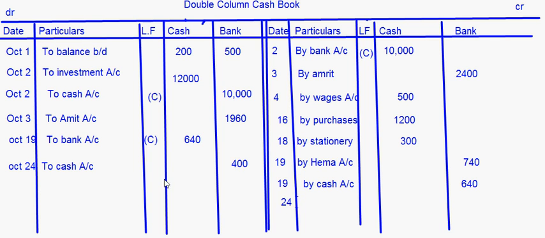And on 24th, this again is a contra entry, so I'll put contra here. On 24th you will write by bank account, this cash is decreasing, cash is going out, right? So 400 here, it's credited, right? And then